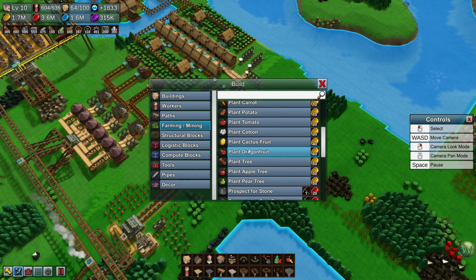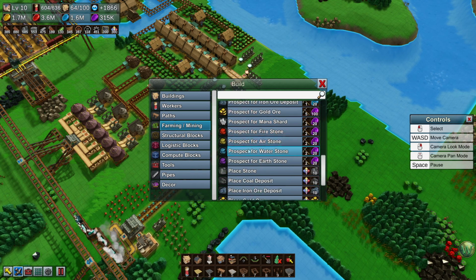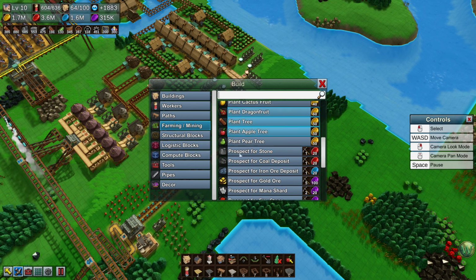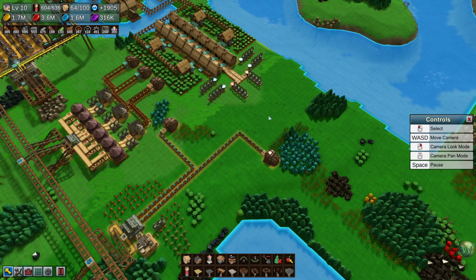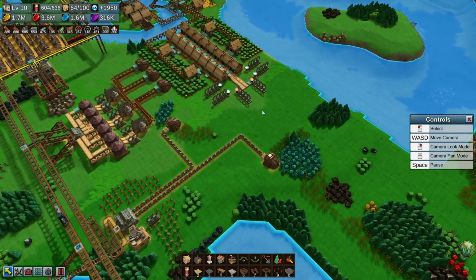Those might be the only 2 new ones, it looks like. I'm looking quickly, but I don't see any other ones down here either. So there's new stuff there, and there are new recipes. Fruit juice and jam can add in